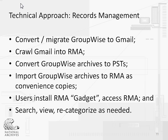As far as records management goes, first we had the contractor convert and migrate the GroupWise messages to Gmail. This took some doing because GroupWise is a proprietary format. Once all of your mailbox data, everything that was live in your mailbox, got migrated into Gmail, then we used the crawling technology within the records management application to go into the Gmail boxes and crawl the Gmail into our